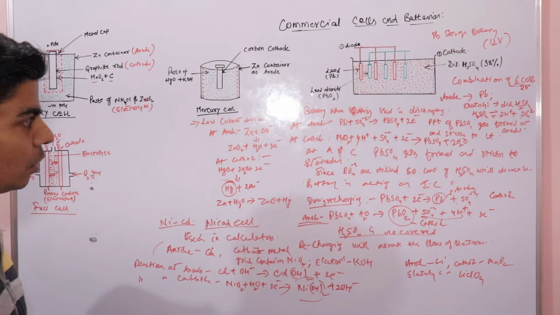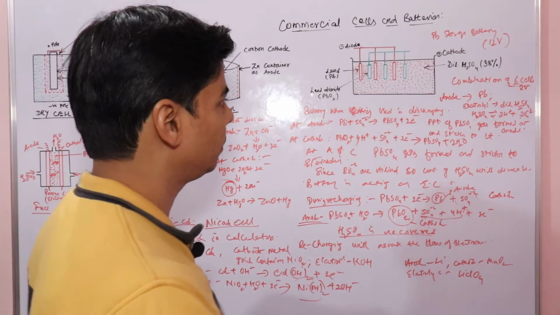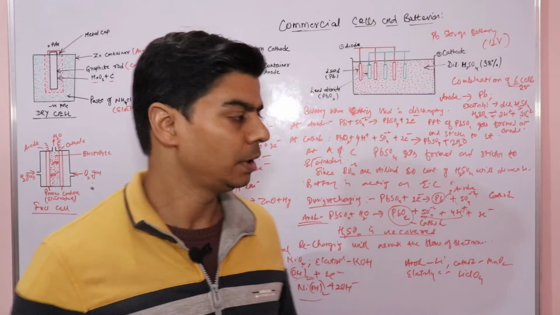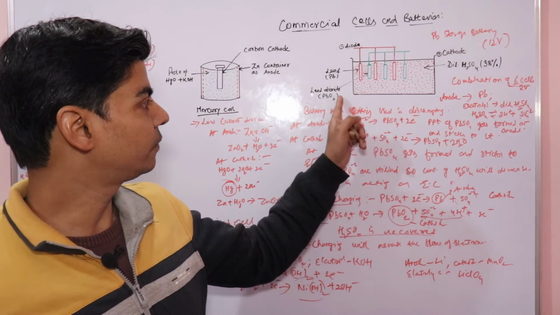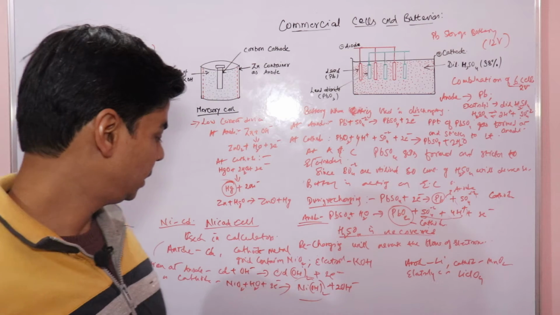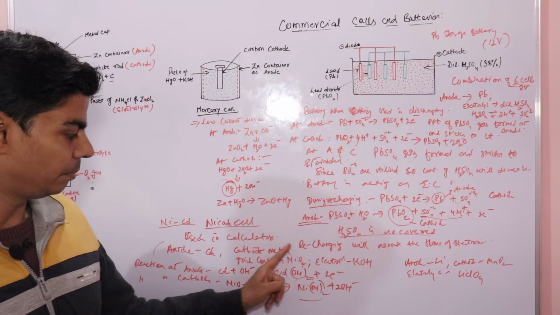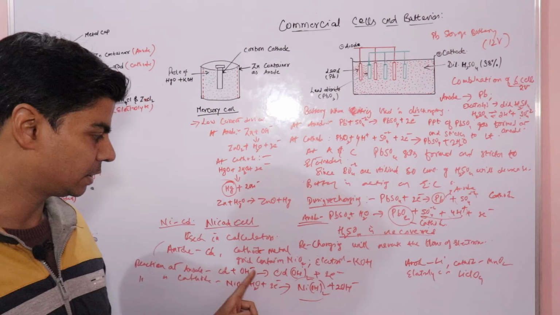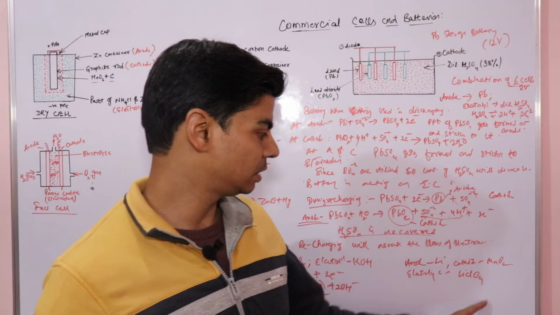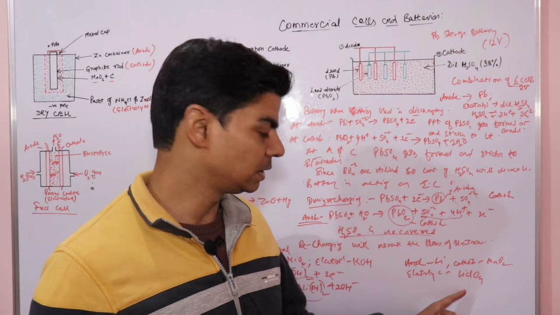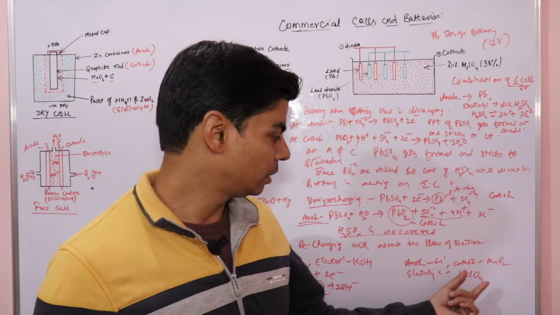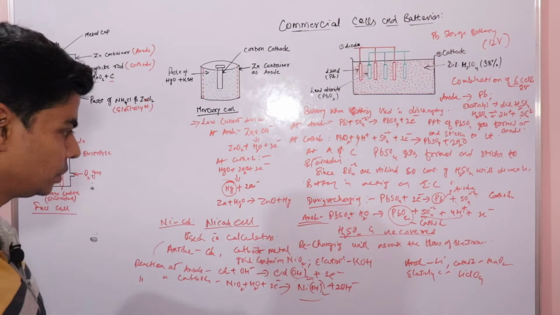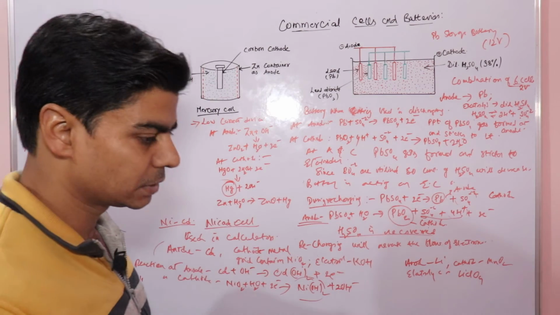Now one common thing to notice here is that in all these three batteries, at the cathode we have a metal oxide. In the first case we have lead dioxide at the cathode. In the second case we have a metal grid which consists of nickel dioxide at the cathode, and in the third case, in these lithium batteries, we have manganese dioxide at the cathode. So this is it about batteries.